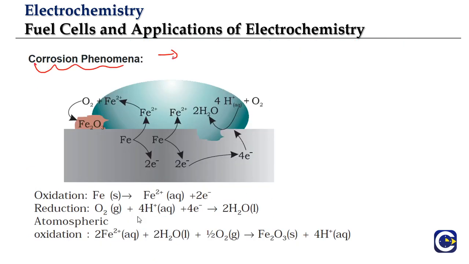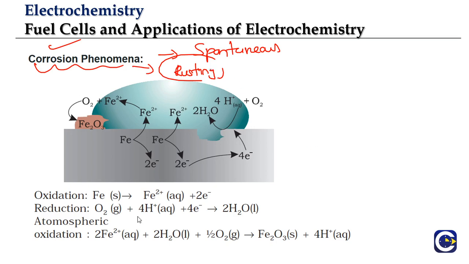Now when we look at some spontaneous phenomena happening around us, like corrosion or rusting, particularly the corrosion of iron. Corrosion basically means the degradation of a metal by the activity of substances in the surrounding or vicinity. Particularly when we talk about iron, when iron is getting oxidized by the atmospheric oxygen and moisture, that process is what we call rusting. So rusting of iron we can see as a special category of corrosion.